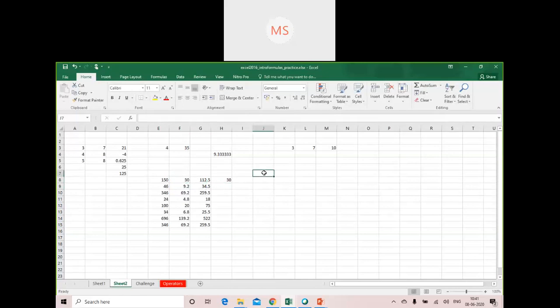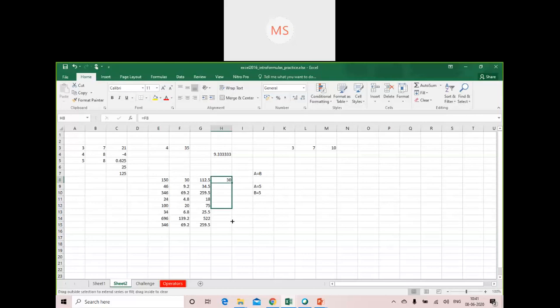This is exactly like A equal to B. Means if the value of A is 5, the value of B will also be 5. So here, if I write H8 equal to F8, whatever value is in F8 will be copied to H8.